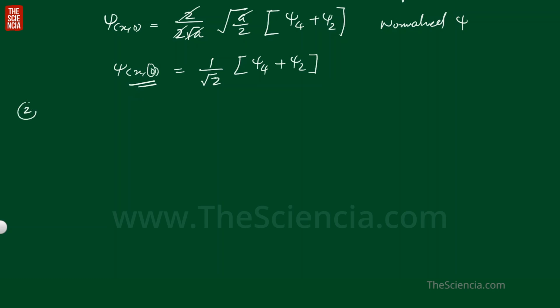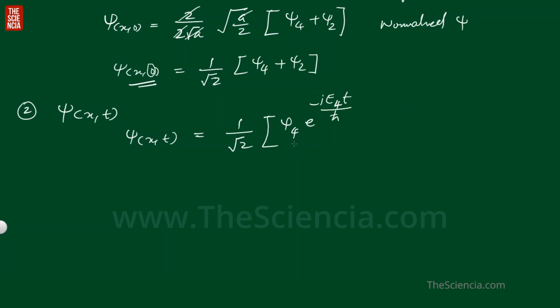Now the second question is find the wave function at time t. I already told you how we can find out the time evolution of a wave function. So by using that equation, we will get psi of x t is equal to 1 by root 2 into psi 4 into e raised to minus i E4 t by h cross, where E4 is the energy associated with this wave function, plus psi 2 e raised to minus i E2 t by h cross. This is for a particle in a 1D box